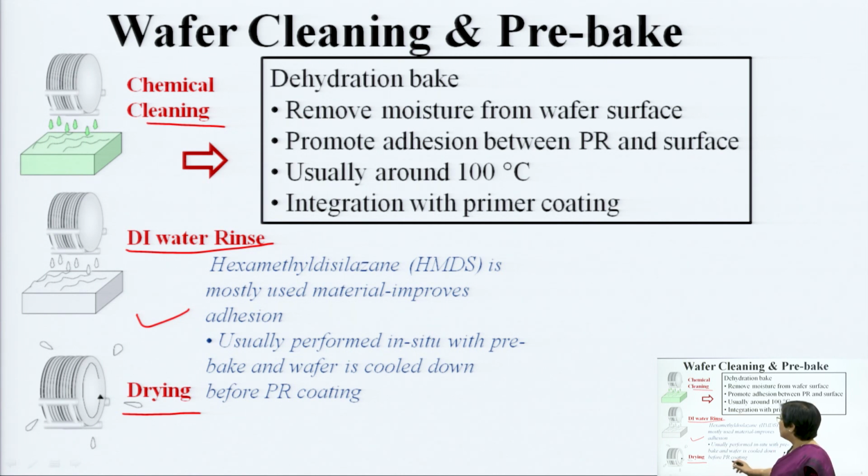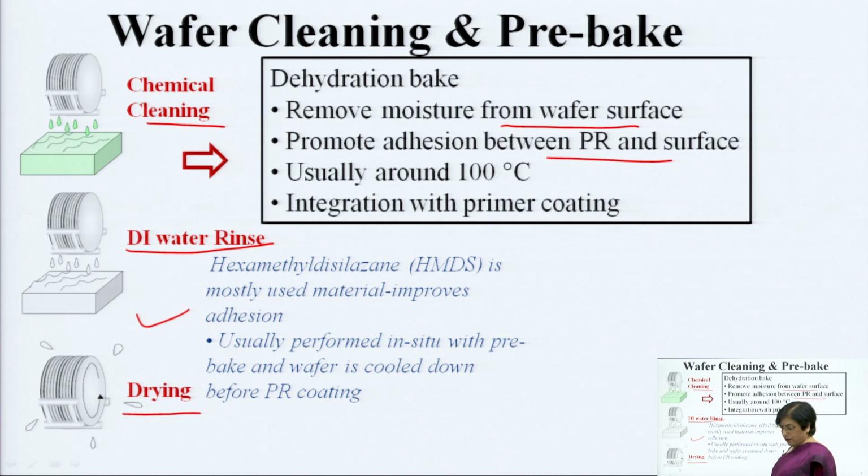So, this is how you carry out the first set of cleaning. After that you remove the moisture and then coat the material with the PR. Now, prior to PR, many times there is an additional method, as we have seen: a primer is put onto the wafer, and then you apply the PR, so that the adhesivity is further enhanced. So, this is also one of the additional things that is incorporated.